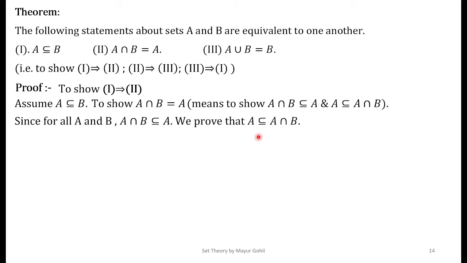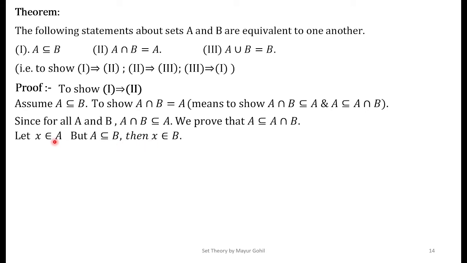now let us see how to prove A is a subset of A intersection B. Take an element X in set A. Okay, now we already know that A is a subset of B, right? So by the logic that we know of the set definition of subset, X will belong to set B now.